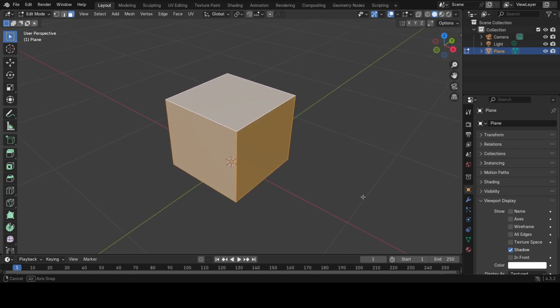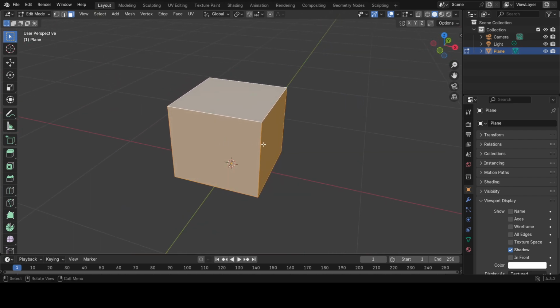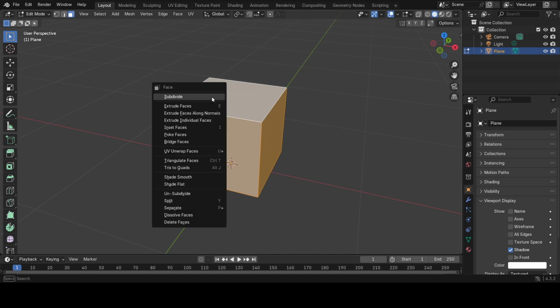And what I'm going to do now is extend each one of these sides individually with an extrude. The way that I can do that is I can first of all go to the extrude, right click, extrude faces here,